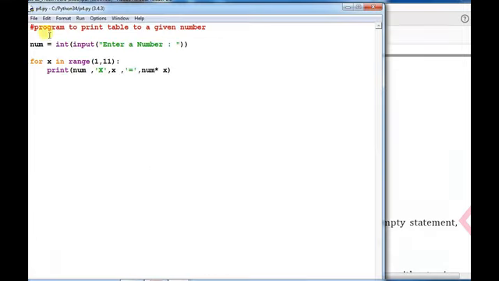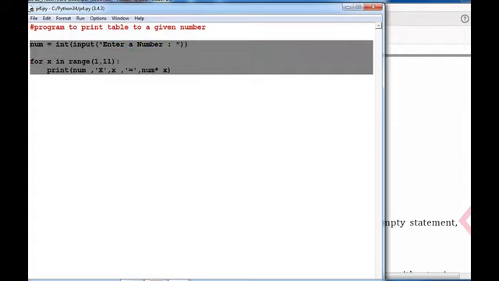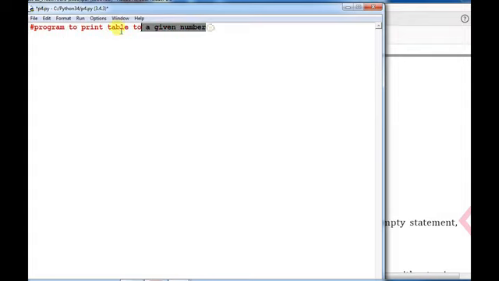Just go to the cell and write a program. Print 1 to 5 using while loop, okay.